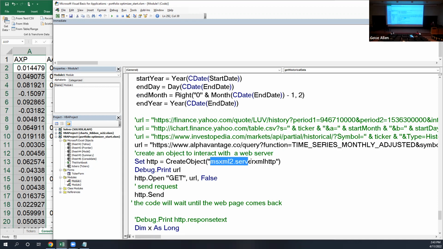So this XML HTTP object is an object that we can build an instance of, kind of like building an instance of the objects that we use for sending email, or the objects that we use for interacting with databases. In other words, it's something that's not native to Excel, but it's objects with methods and properties that we can manipulate. And so we're setting a variable called HTTP equal to this object, and then we are calling the open method of this object,